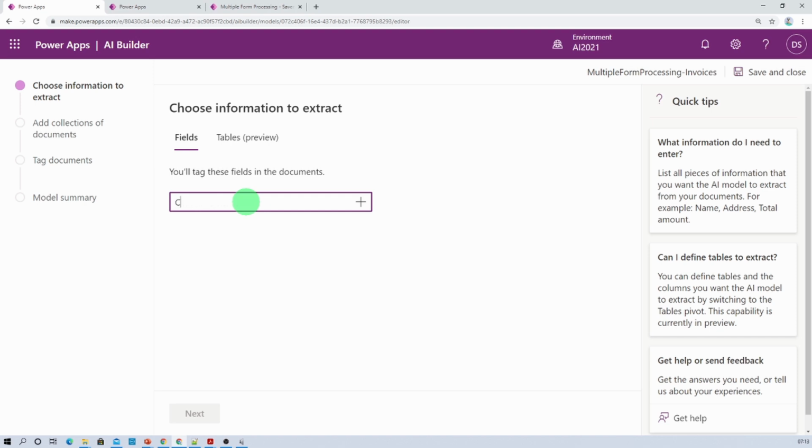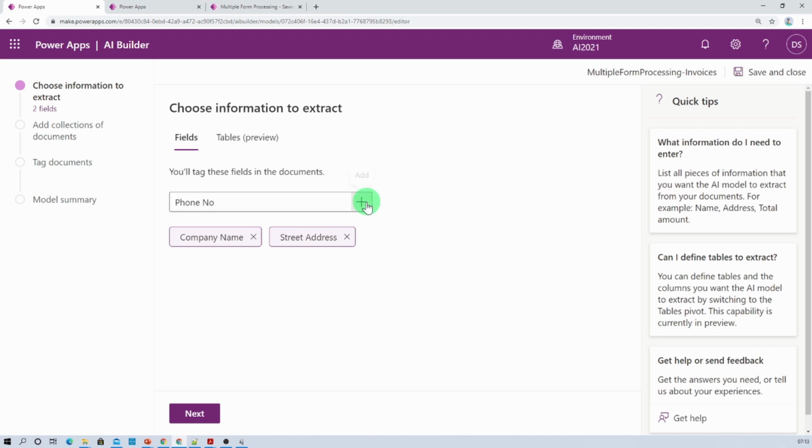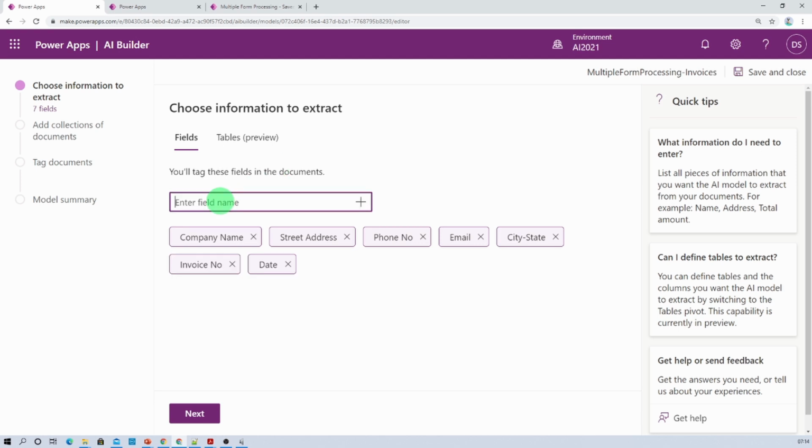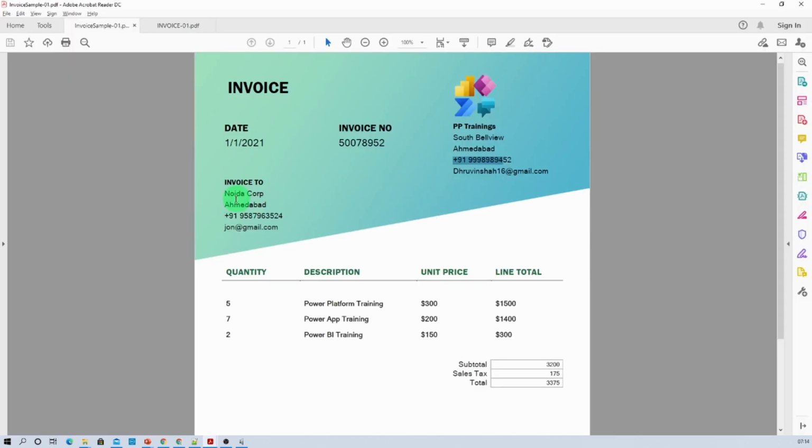First of all, let's define a field as company name, then let's say street address, then phone number, email, city or state, then we need invoice number, date, then we need invoice to company name, address, phone and email.